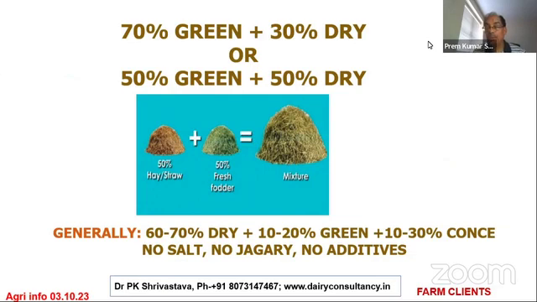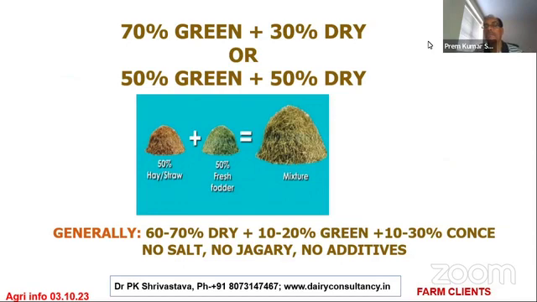Either it should be very fresh from the farm, the green fodder, or it should have some additives like salts, like jaggery. India is divided in many parts where they believe that salt is not to be fed. Like the entire west, Rajasthan and western UP, they don't feed salt. They believe that their water is already salty water. So why feed salt? No, salt is required to make the palatability plus the digestibility of the fodder. And that we are missing.